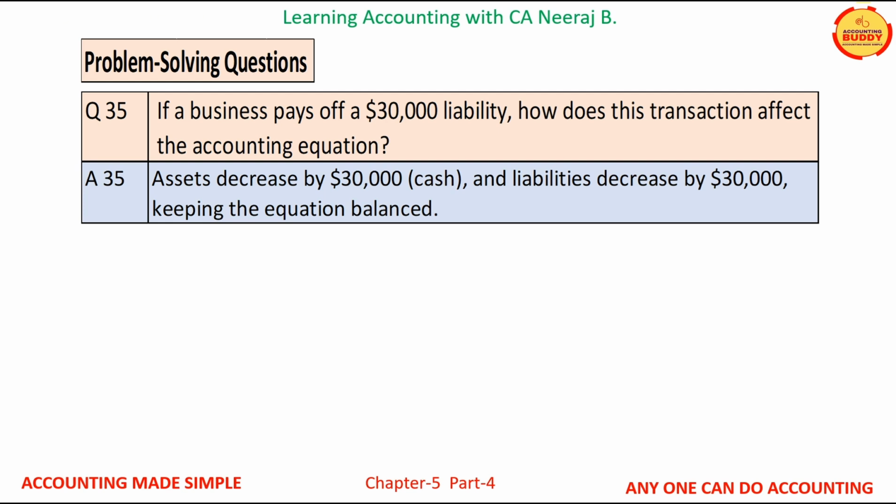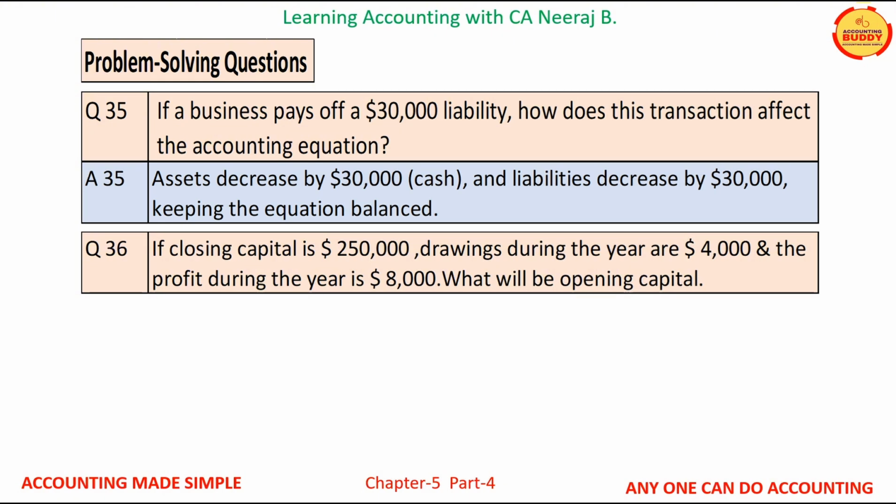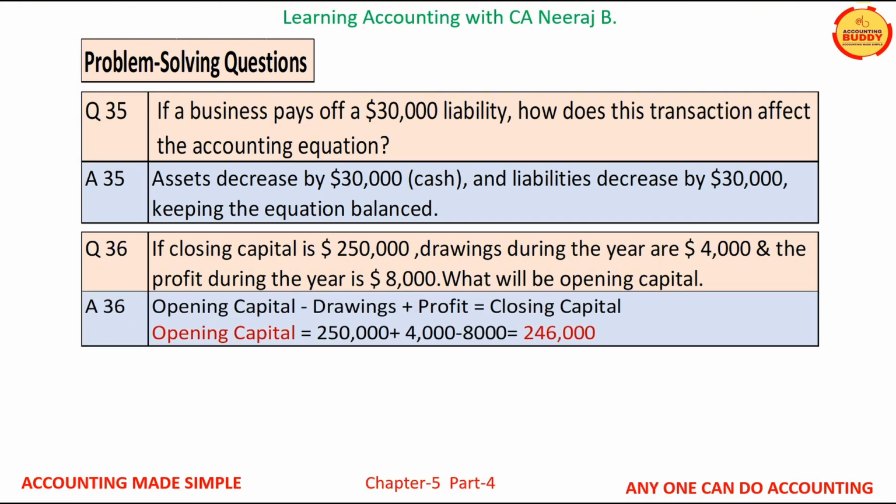Question number 36 is: if closing capital is $250,000, drawings during the year are $4,000 and the profit during the year is $8,000, what will be the opening capital? The answer is opening capital minus drawings plus profit is equal to the closing capital. Therefore, the opening capital will be